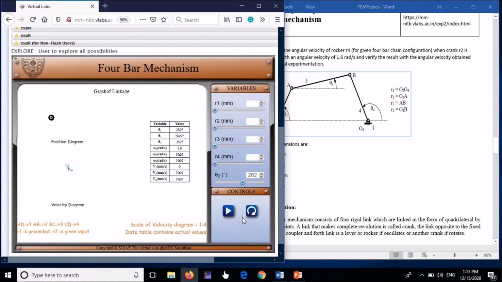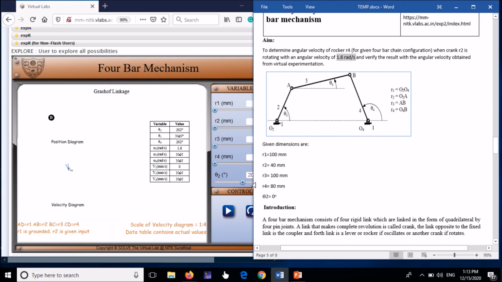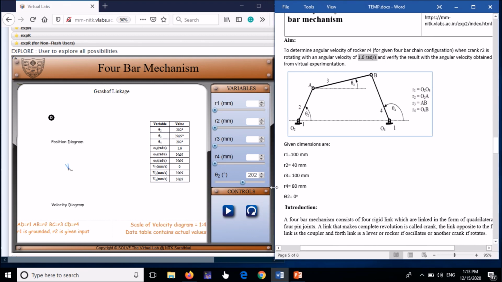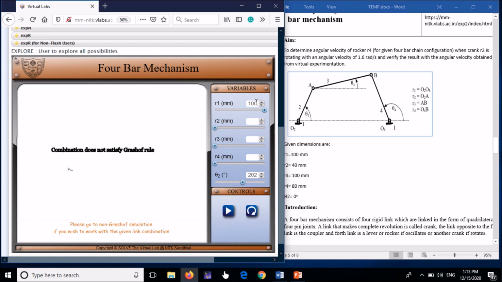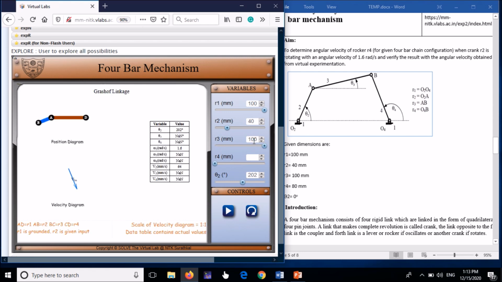Now you pause it. When you pause, you can enter all these values here. So these values, let me check what are these values. These values are 100, 40, 100 and 80. 100 in mm. I have put all these values in mm. 100, 40, 100, 100 and 80. Now once you run this at different positions of this kinematic chain, you will get different velocity diagrams and